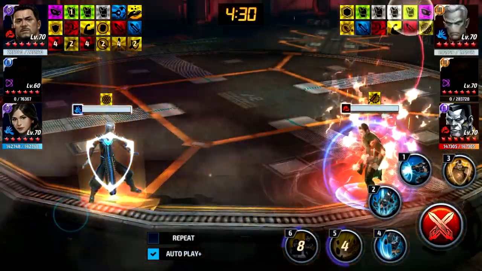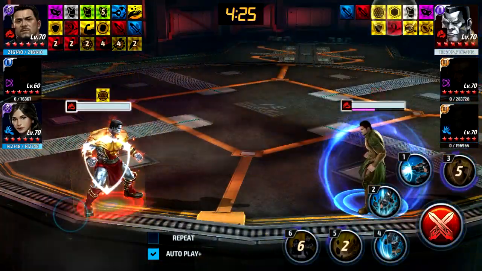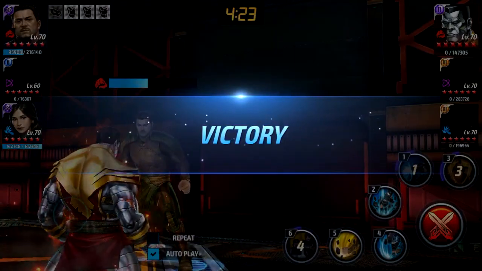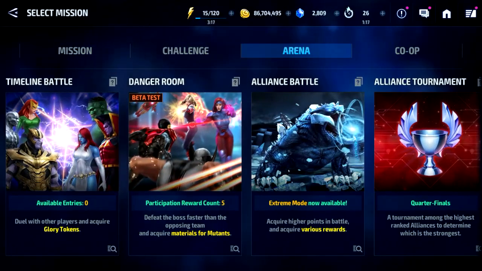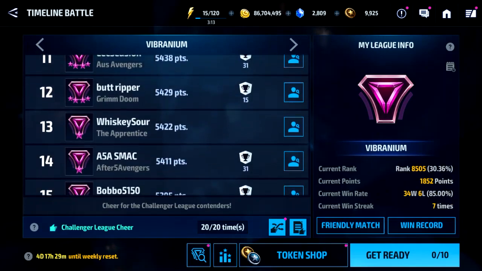So there we're done with Sentry. Now we're just going to let him clean up Ebony Maw and Colossus. And with his uni buffs, he doesn't have to worry about dying to Reflect against Colossus, since he reduces most of the damage he takes from physical reflect. So as you can see, against Sentry, it's pretty straightforward to take down. So let's try to find